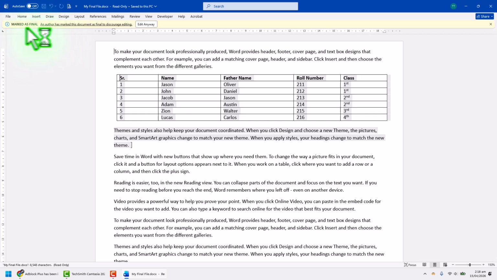Now you know multiple ways to restrict editing in Word depending on your need, from simple read-only mode to full